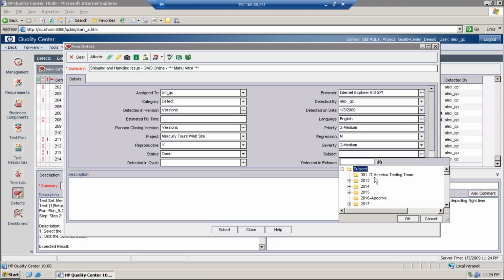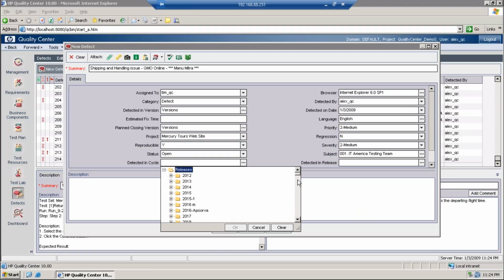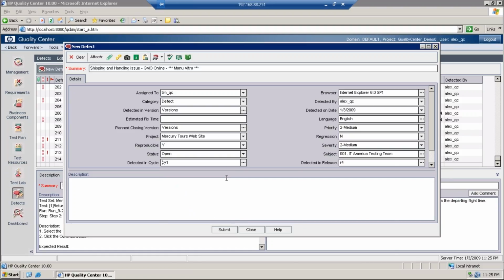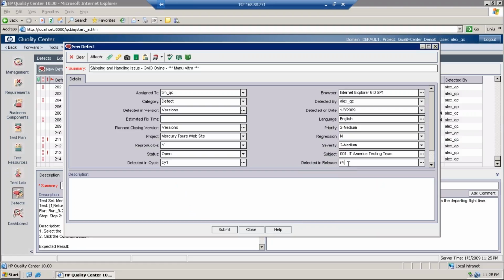And subject, so we'll just put it: subject is detected in which cycle. So if you have various iterations, let's say you have been working on various iterations, in that case you can put which iteration it belongs to. Here we'll just put it as simple as that. And this release, so which release does it belong to? Let's put it as release 4. Okay, and the description,